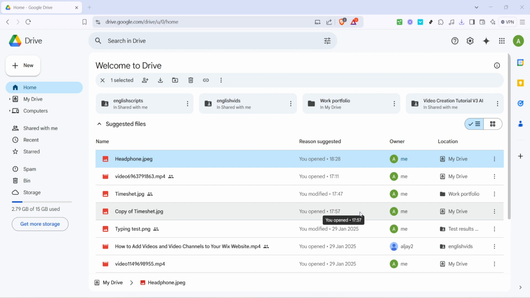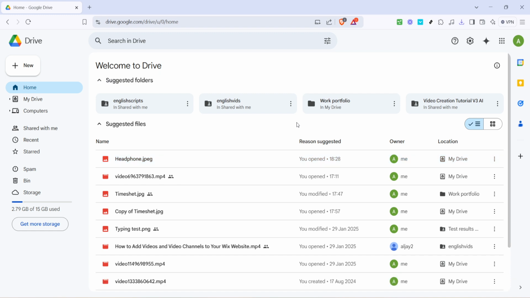First, you'll want to begin by navigating to your Google Drive homepage, which you can easily access by going to drive.google.com. If you're not already signed in, you'll be prompted to enter your credentials. Here, make sure you're logged into the Google account that has the files you wish to move. Once you're on the homepage, take a moment to familiarize yourself with the layout if you're not already.